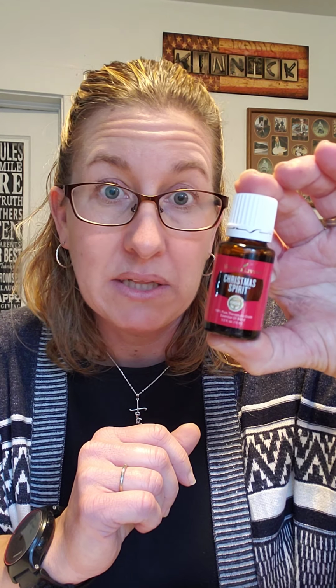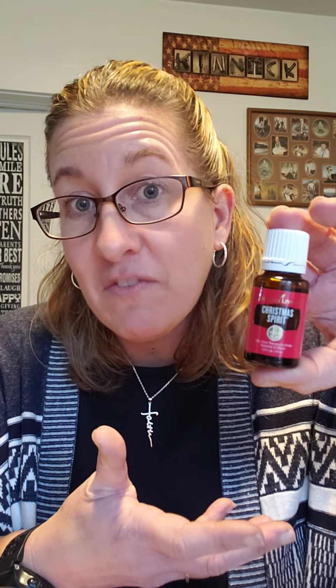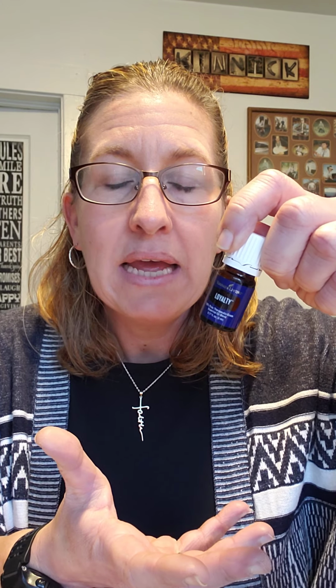To my best calculations, because some of these we don't normally buy. Like, I couldn't buy Christmas Spirit in a 15 milliliter. That's kind of special for this particular situation. So I had to estimate, knowing what the price was of a 5 milliliter. Does that make sense? So to the best of my estimate, without loyalty, because loyalty doesn't have a price tag. I can't find anybody who would tell me what the price would be or the equivalent would be for this oil. So without loyalty,